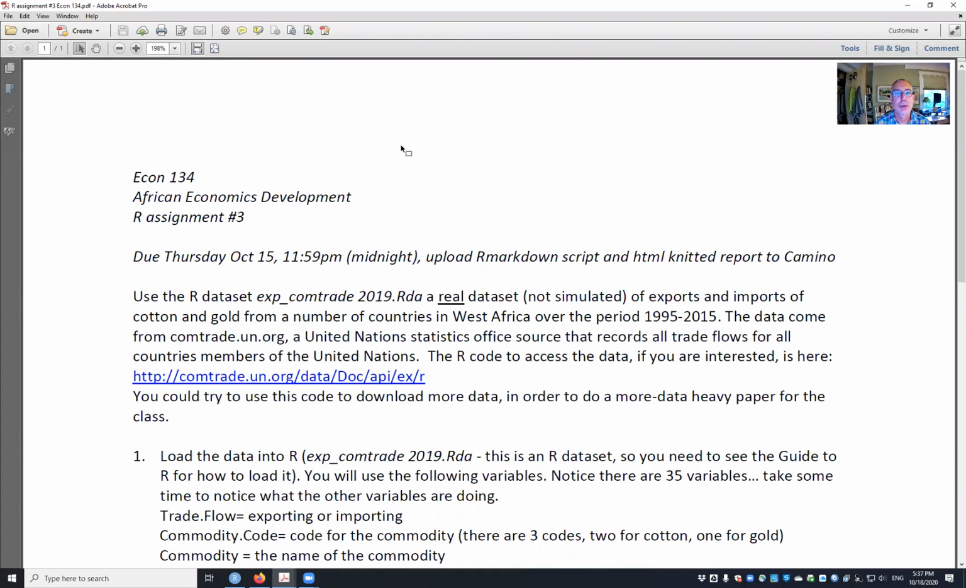Okay, we're going to quickly review the R script for an assignment that involved analysis of exports of gold and cotton from a handful of West African countries. The data set that we have for this is given here, and this data set was downloaded from comtrade.un.org,